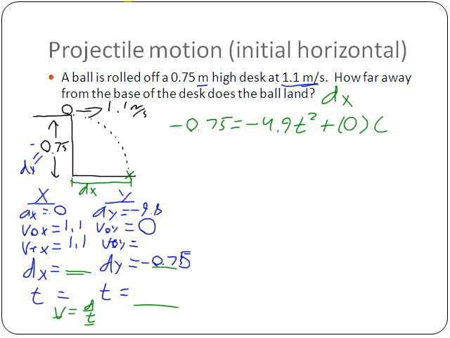Fortunately, this term is just going to kick off. The 0 time goes away here. And so we have negative 0.75 is equal to negative 4.9 t squared. We'll divide both sides by negative 4.9 and then solve for t. And just to save some space here, I assume you can do the algebra going on here. If we solve for t that way, I get 0.39123